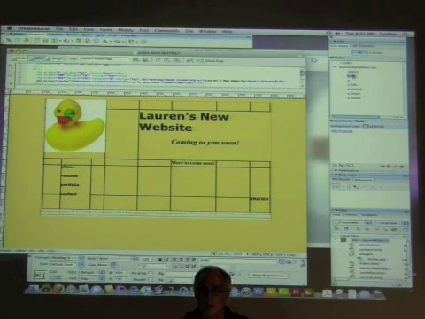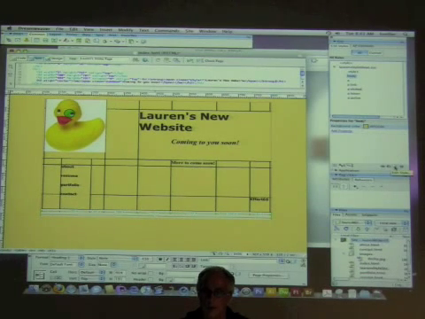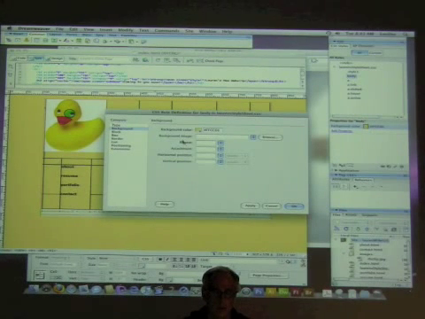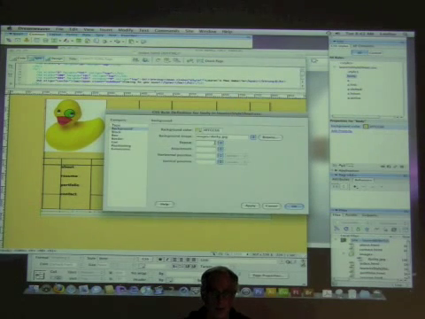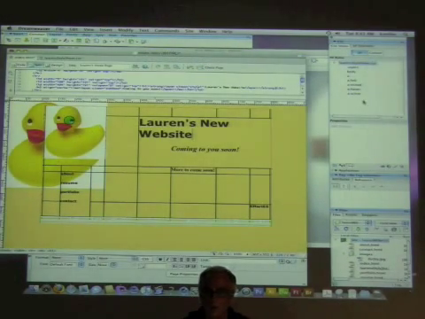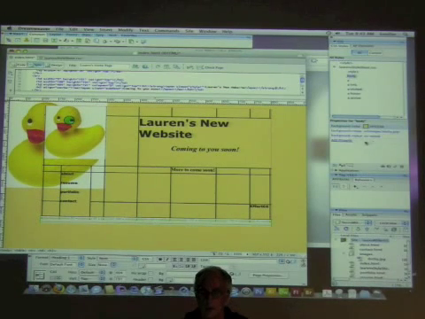Let's go ahead and select. Oh, did I do it here? No? Okay. Well, I'm going to change it from here then. I'm going to edit it from here in case I goofed. So I'm going to select this from here, select the background image to make sure that it's applied to my style sheets. This would probably be the best place. Let's go back again, select the duck image, and I want to make sure that there's no repeat. Okay, I click OK. I don't want that there, but if I select the body tag,